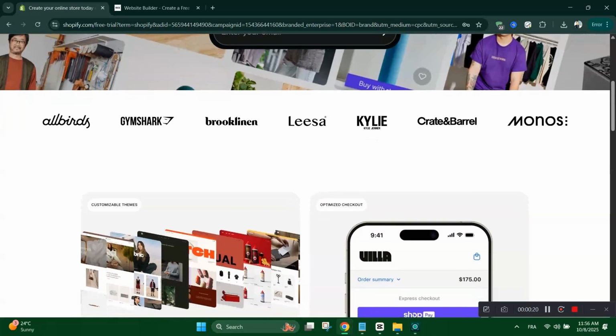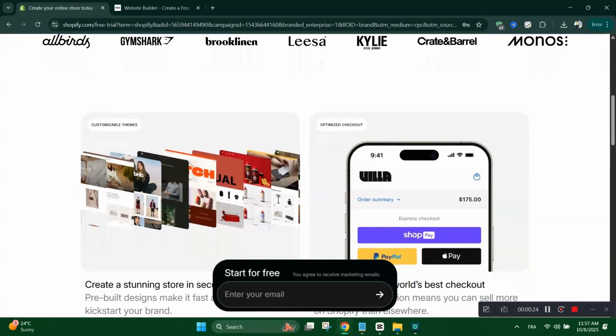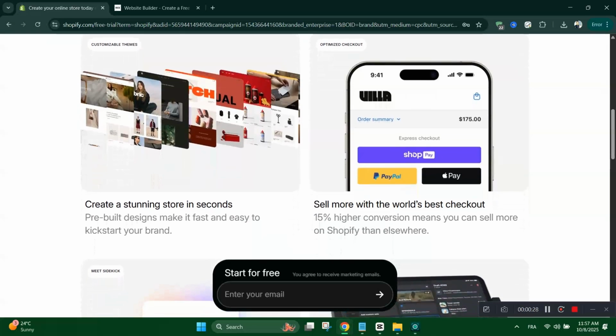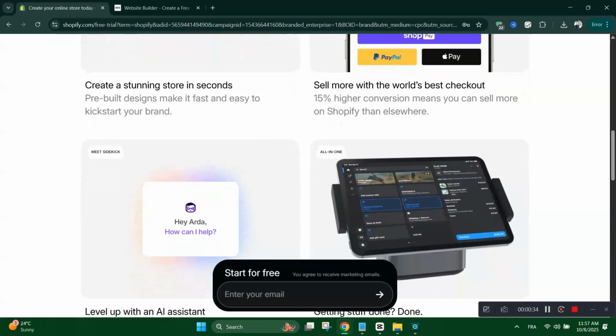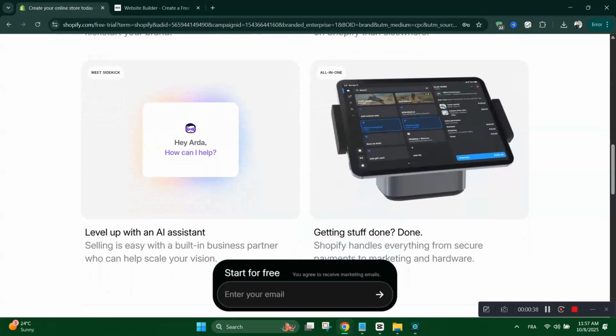Shopify is a dedicated e-commerce platform designed specifically for online stores. It handles everything from inventory management to secure checkout and payment gateways. It's built specifically for e-commerce, so it has advanced selling features, supports multi-channel selling on Amazon, Instagram, and Facebook, and